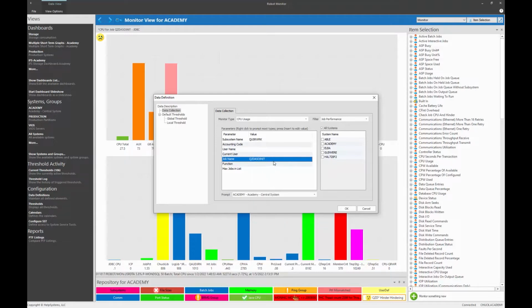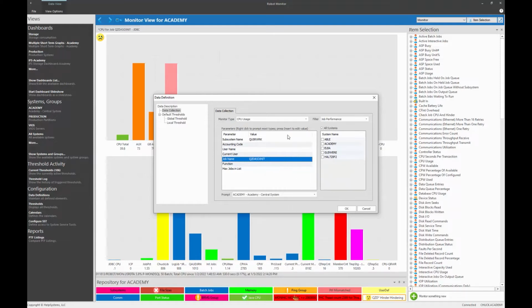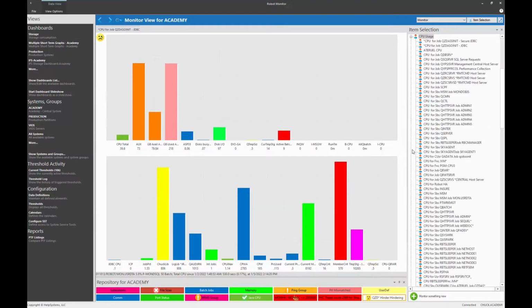So I selected QZDA-SOINIT. Remember too that in the job name you can use wildcards, so you could, for instance, select QZDA*, and that would get QZDA-SOINIT and SSINIT. But I think we're going to just stick with QZDA-SOINIT for now. Alright, so once you've selected that and you click on the OK button, what you're going to see